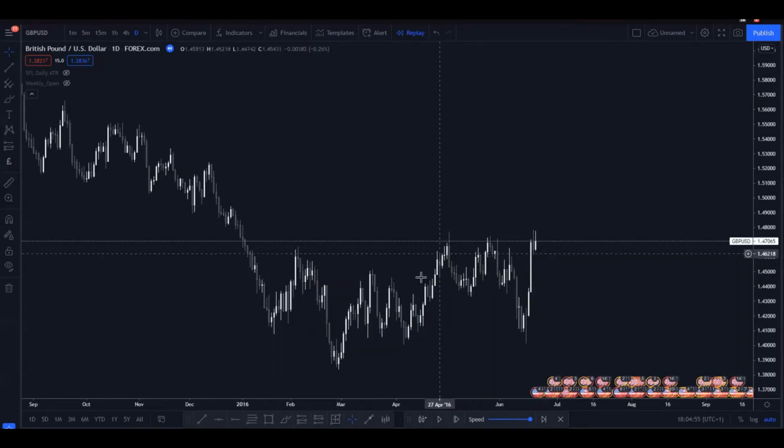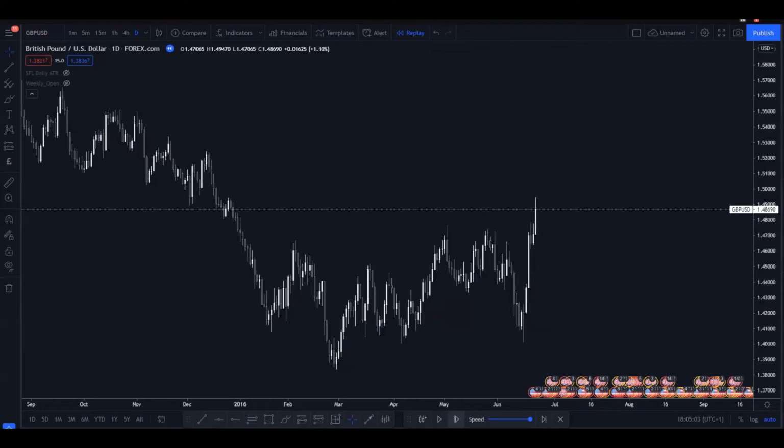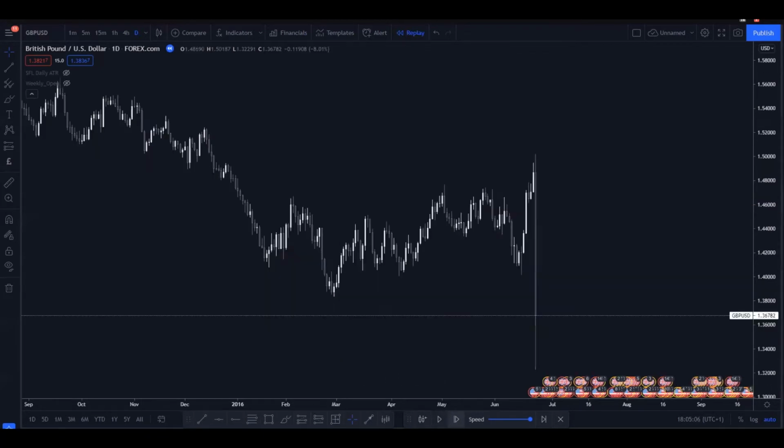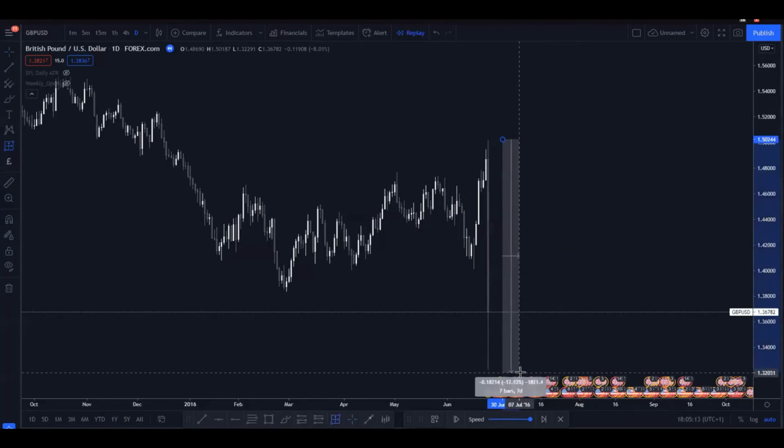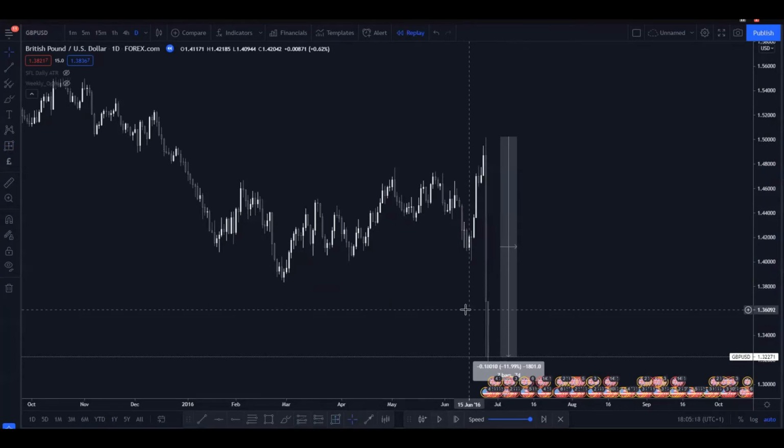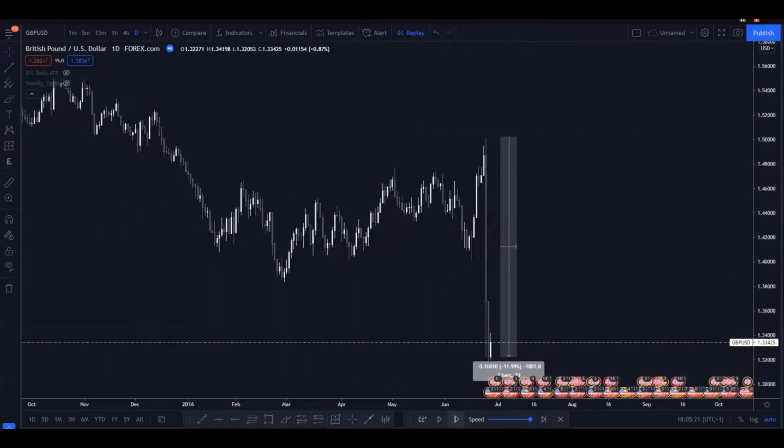Just look at the size of these daily candles compared to the size of the next candle here. So that's the 23rd of June. Then the night of the 23rd, we're going into the 24th. Look at the absolute size of the candle here, which I believe was around 2,000 pips, if I'm not wrong. Yeah, 1,800 pips from the top to the bottom. Absolutely huge candle once again, and the market continued to trade downwards after that. So it could be argued just around 2,000 pips over 2 days. Just a huge candle caused once again by this fundamental reason.